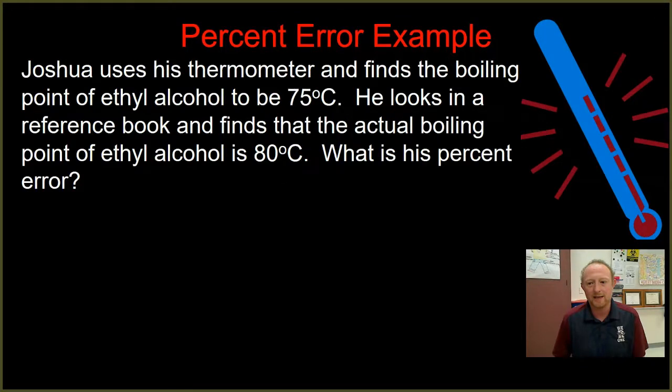So the first thing I like to do is label those values. The 80 degrees, we would call this the actual or the accepted value. Okay, again, he looked up that number, so we're going to have to assume that that's the true answer. Now, Josh measured the boiling point to be 75 degrees Celsius. We're going to consider that the measured. Okay, that's his number. So to calculate percent error